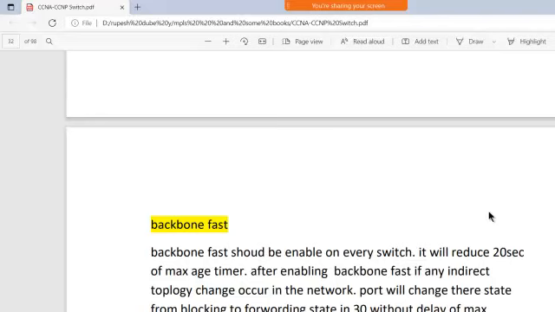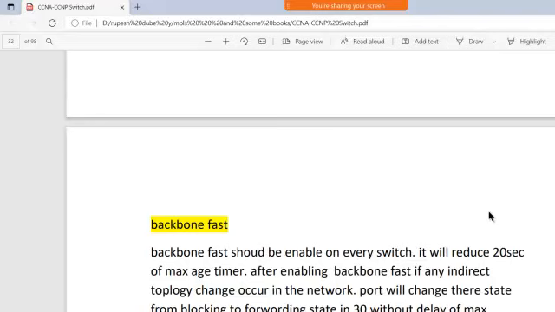So what will be the solution if some data is very important but due to some technical issue there was a change in the topology, which we call an indirect topology change? How can you reduce this timing? By using BackboneFast, you can reduce this 20 seconds, right?